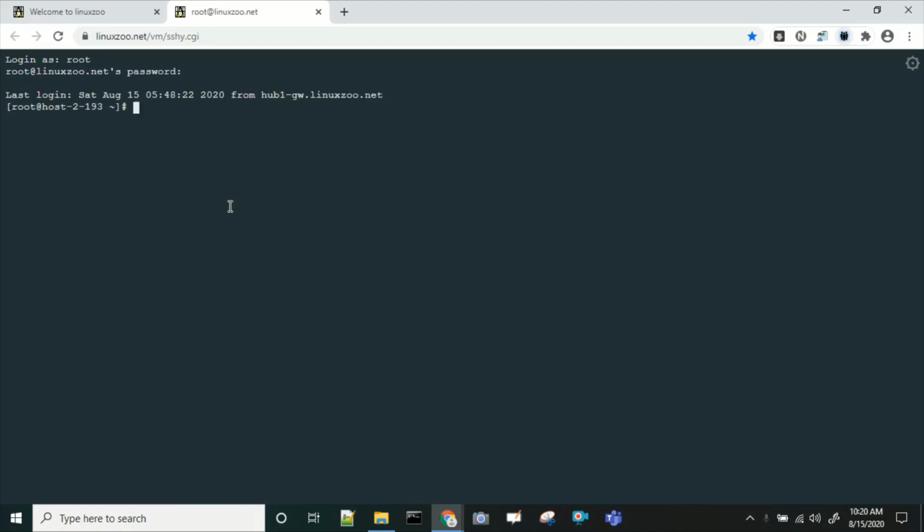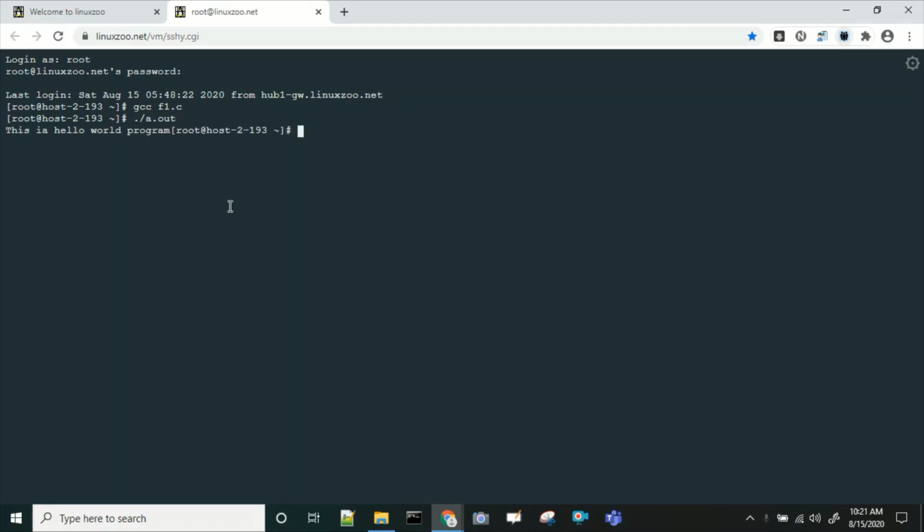After successful login into the virtual machine, now I'm going to test whether this virtual machine supports the GCC compiler, G++ compiler, as well as the Python compiler. I have already written a few programs and I'm going to test them now. Starting with the GCC compiler, gcc f1.c. So f1.c is the program written by me. It is successfully compiled. Now I am going to execute it, dot slash a dot out.